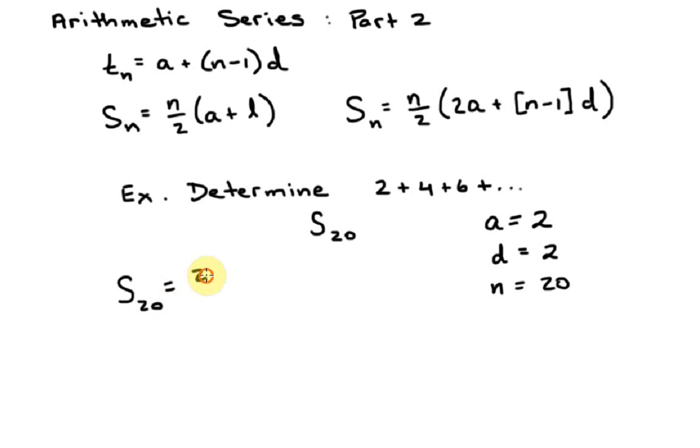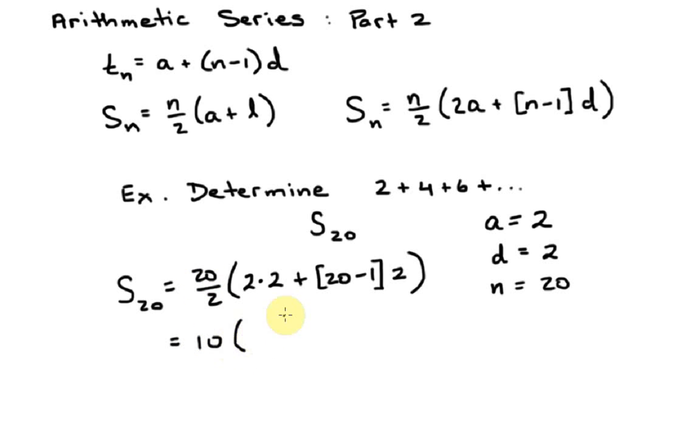Okay, so n is 20, so 20 over 2. Then we have 2 times a, so 2 times 2. And then plus 20 minus 1, times our common difference of 2. So once you set it up, it's just careful arithmetic. You just got to crunch the numbers. 20 divided by 2 is 10, so that's nice. Then we've got 2 times 2 is 4, plus 19 in the brackets times 2, so that's